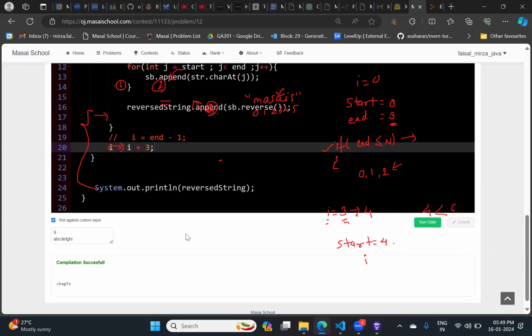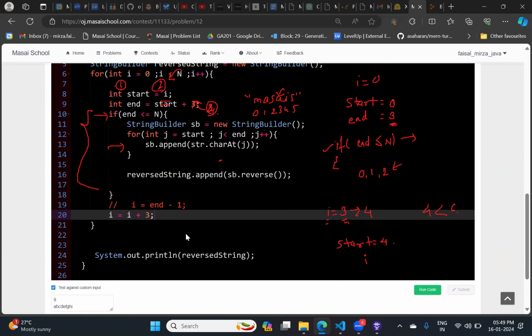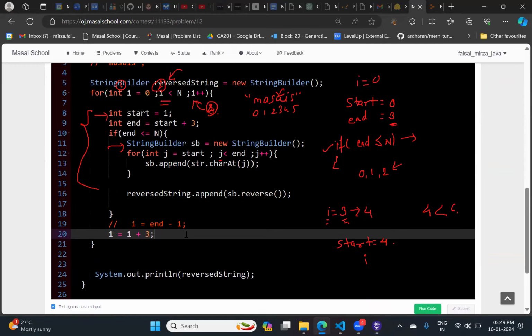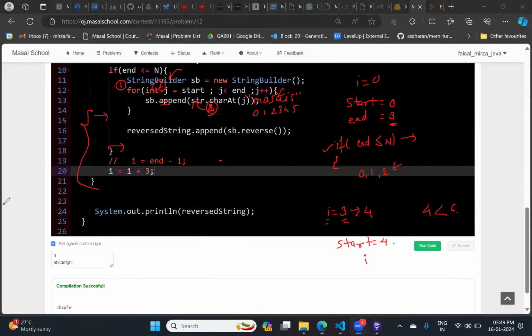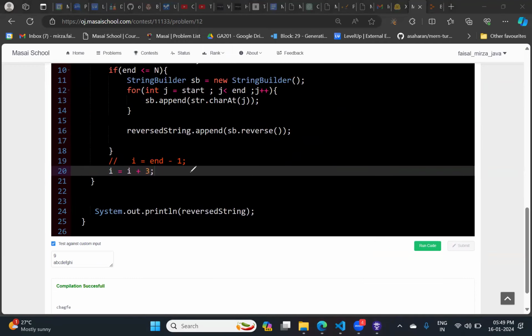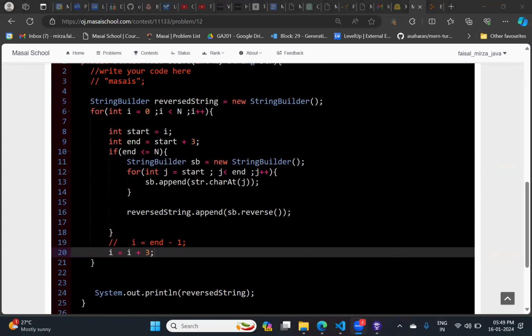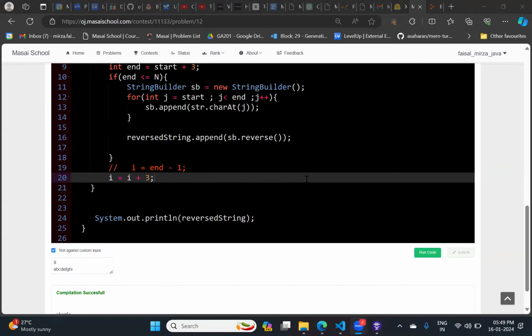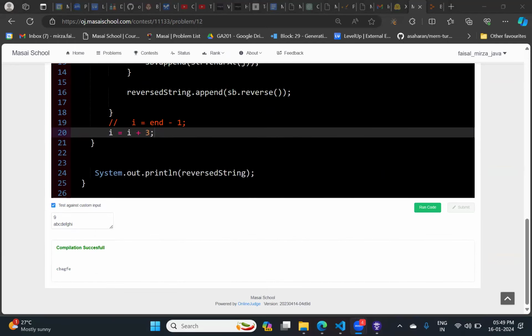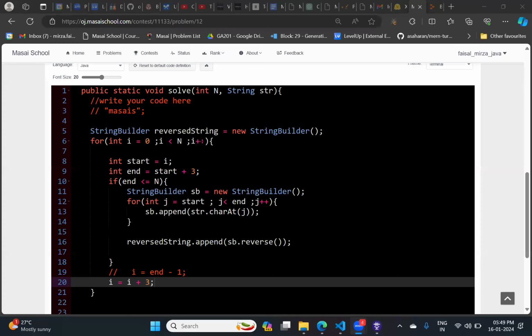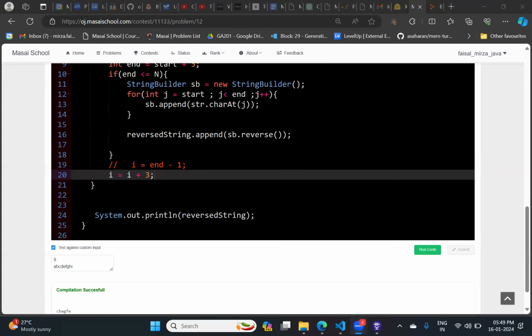Let's see the output. Do we make any changes? Just let me erase all these things. No, sir, I am saying that instead of that, I will only put the I value in the for loop only, so it will also be correct. In the for loop as well, you can put.